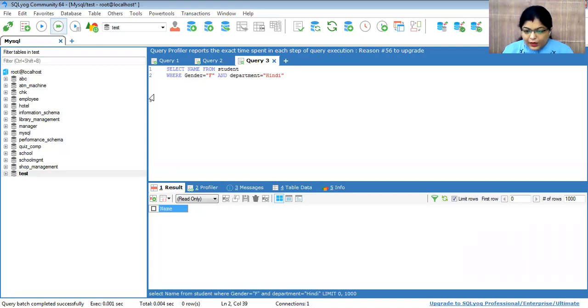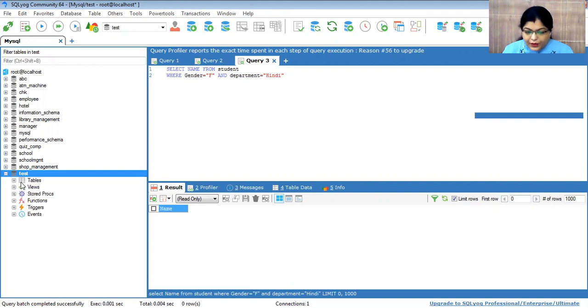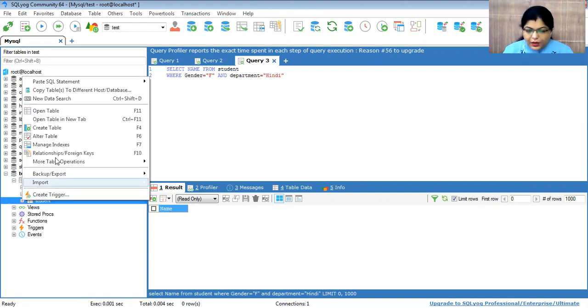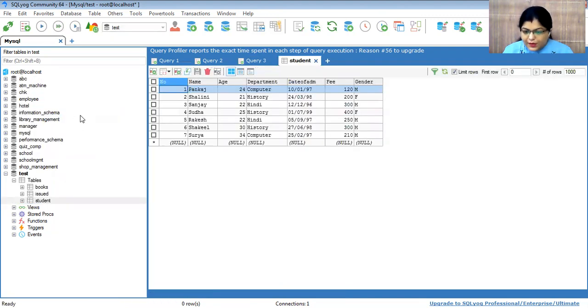Okay, I just check. Whatever table you are using, the column name has to be the same. So see here, gender, and we have to check gender is equal to female, and she should be of Hindi.